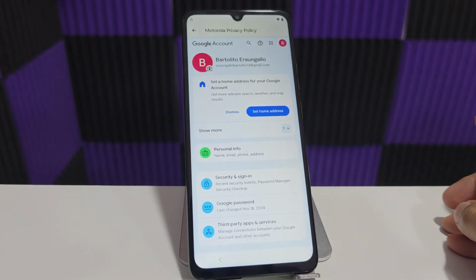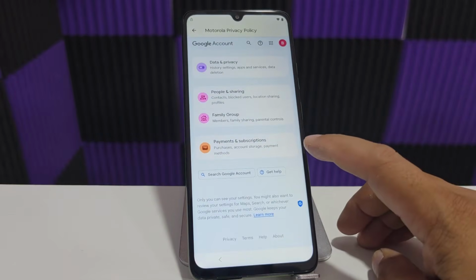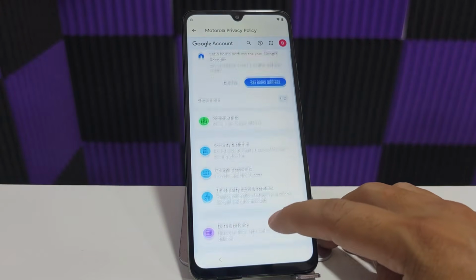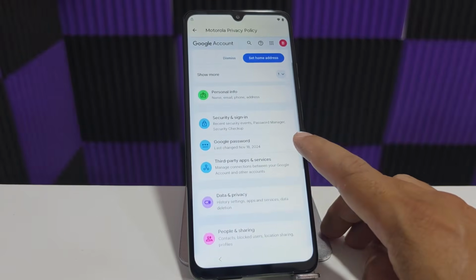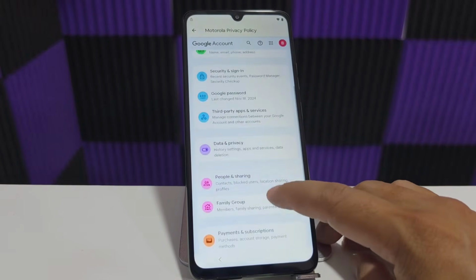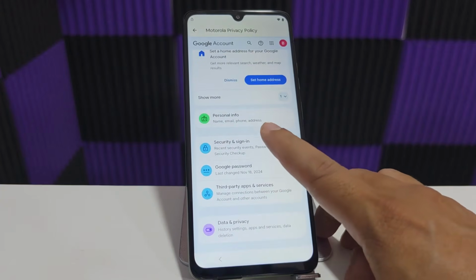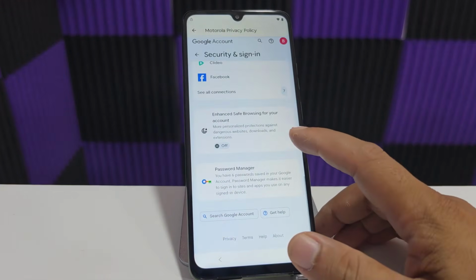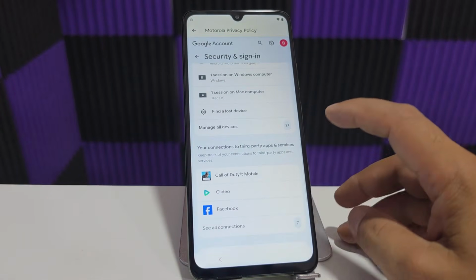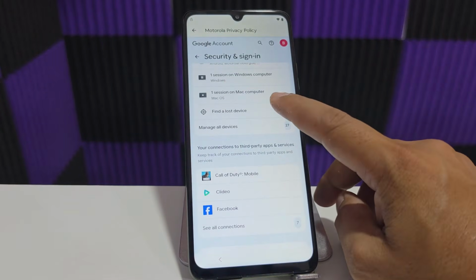Then we're going to scroll down to the last options. Here we're going to scroll down, it looks good, we're going to click here where it says Security, and now we're going to the last options. Here we're going to locate this option that says Device. We're going to locate